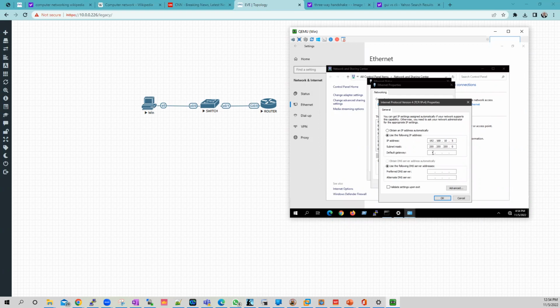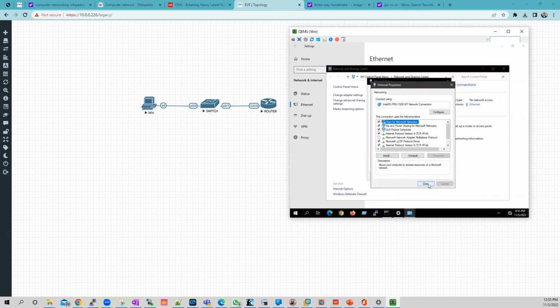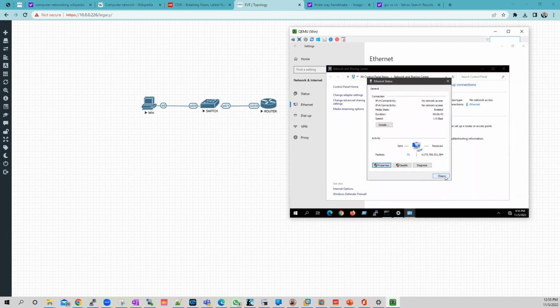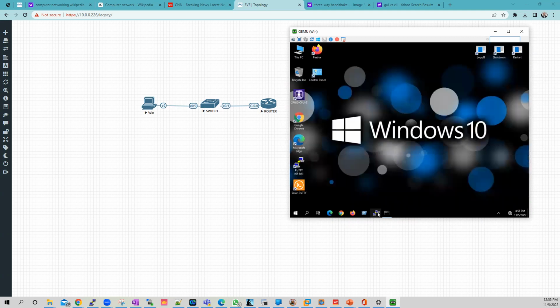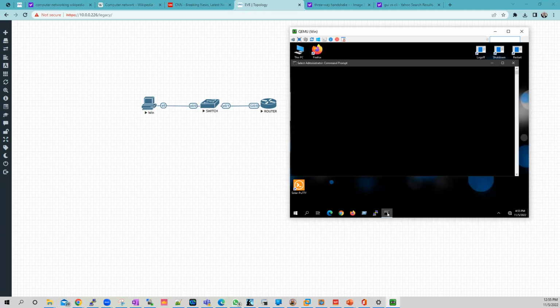So now we need to assign our gateway IP address, 192.168.10.1, if I assign 1 on this interface. And the DNS server, we can assign our DNS server here too. Let me put my DNS server as 192.168.10.1, because I'm going to create a DNS server on this router quickly, and then we'll click OK. We'll click close, close, close, and now for you to verify, you go back to your command prompt,